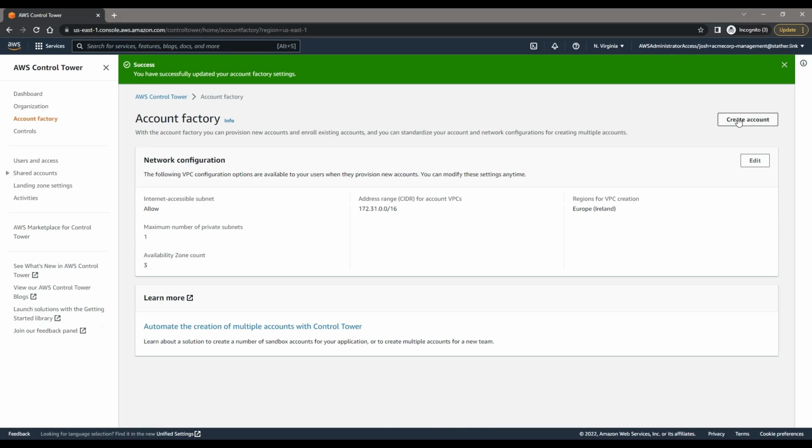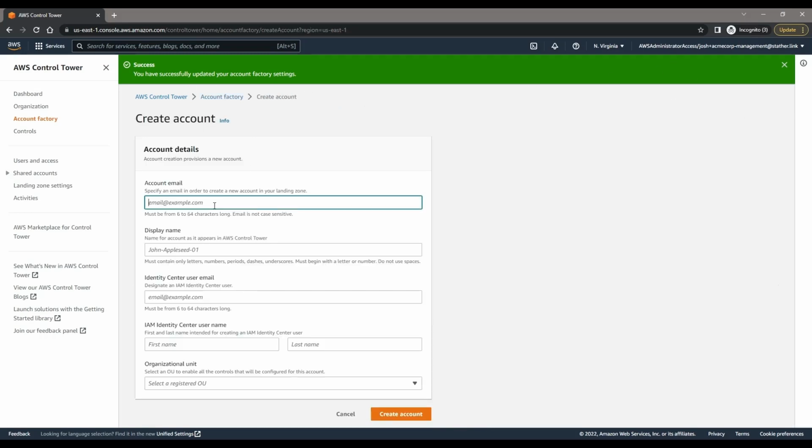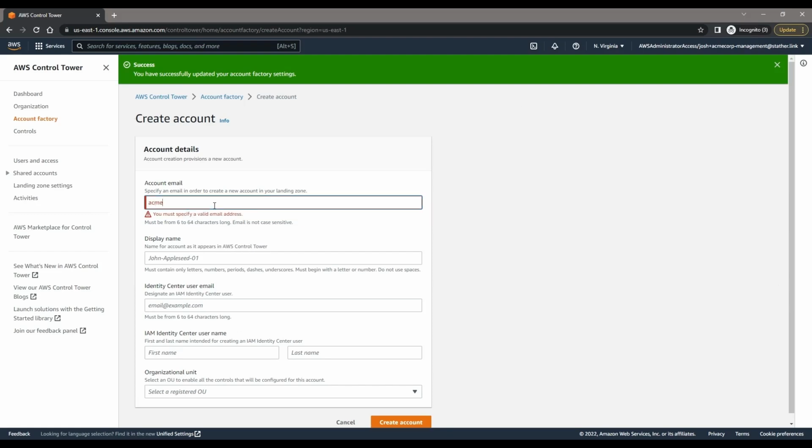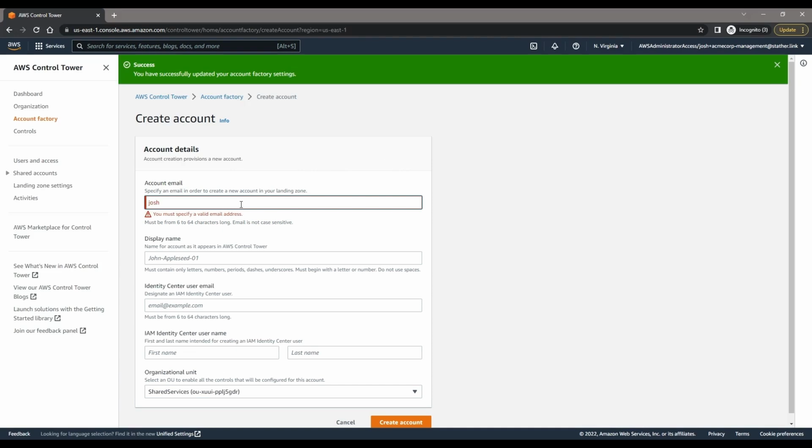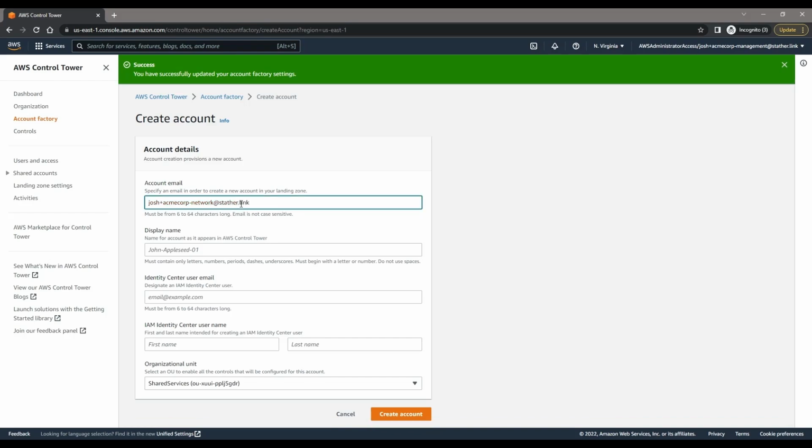What I can now do is create the account, and I can specify the account email, display name, the organizational unit and the IAM Identity Center username. So for OU, what we can do is put it in the shared services, and then we can fill out the rest of the details. Okay, so I'm just going to do Josh Acme Cart Network. Again, I'm just using an alias for the account email. And then to keep it in line with the naming conventions we've done so far, I'm going to name mine